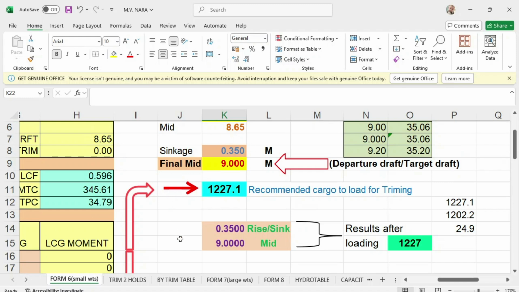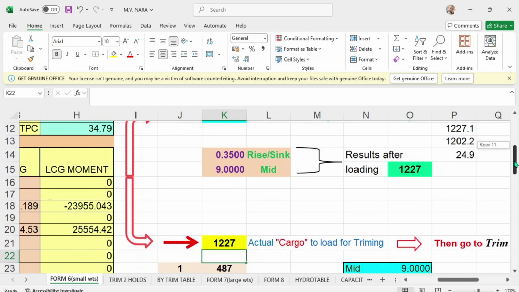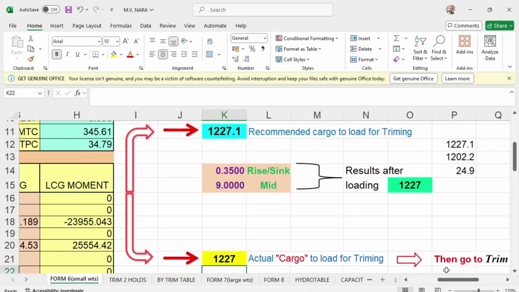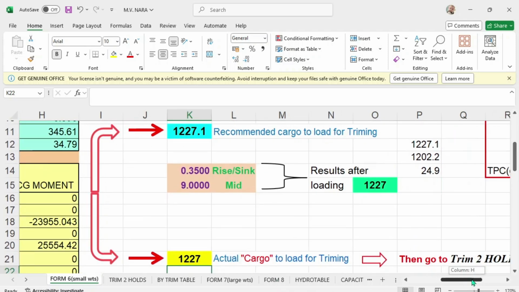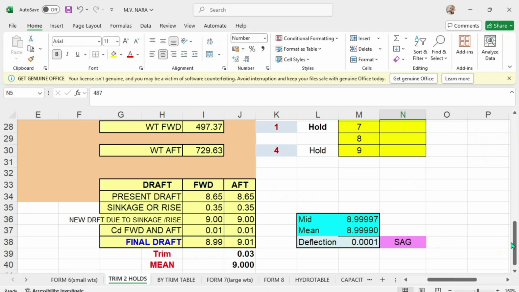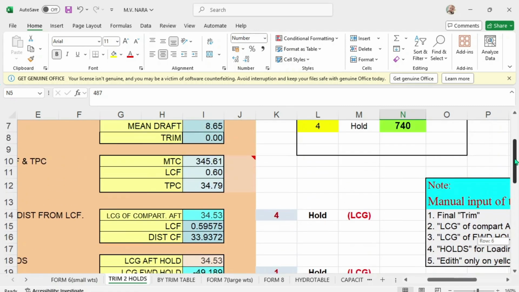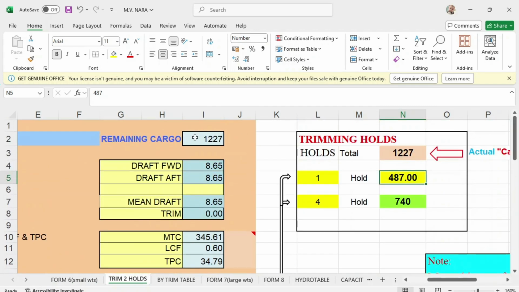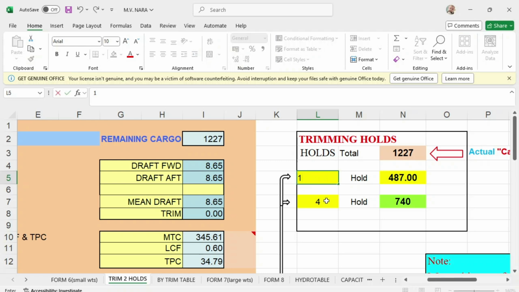It is the same. Then according to the program, you go to trim hold 2. You will see here the remaining cargo of 1227. You have here 1227, and your trimming hold is the same, 1 and 4.